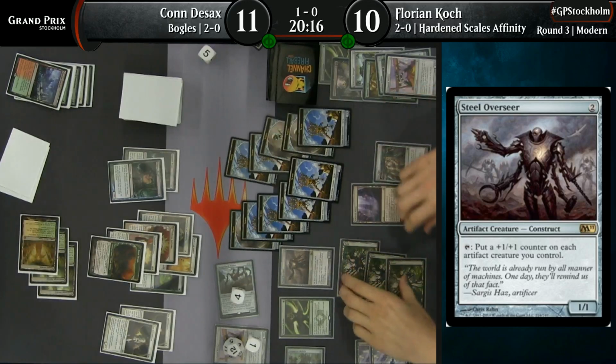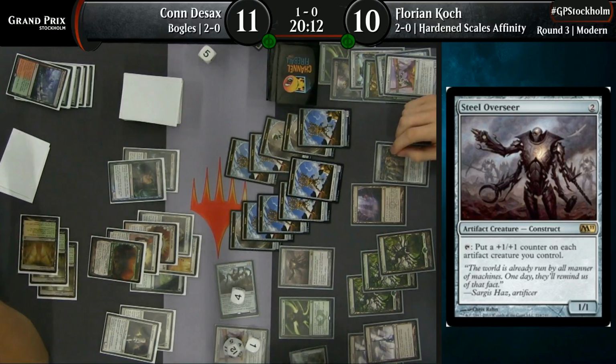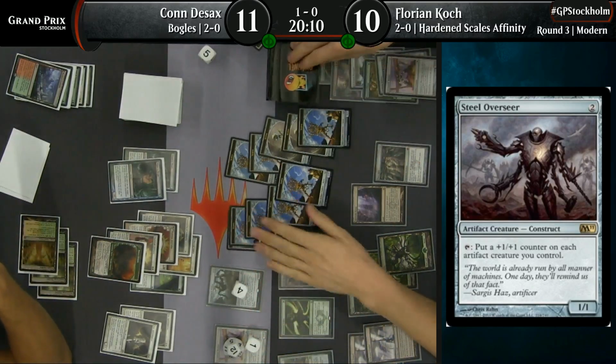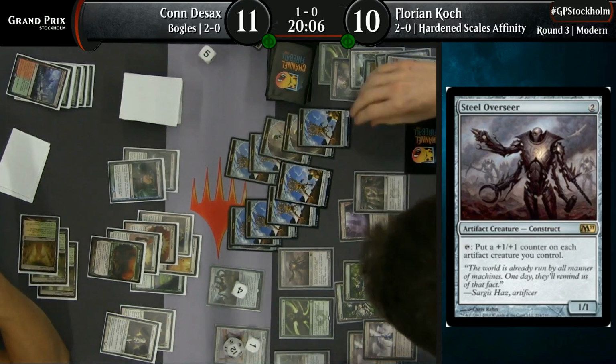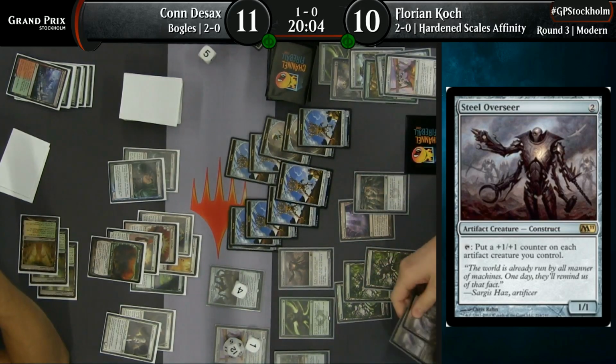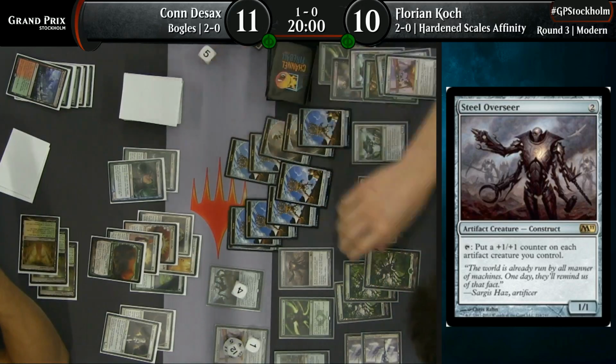As we see a 13-13 Arcbound Worker here, back to Koch as he puts a counter on the... Oh, here we go. Hangerback Walker as well as that worker though. Workers and walkers. What have we found off the top here? Arcbound Ravager. An Arcbound Ravager. Okay, this is going to...